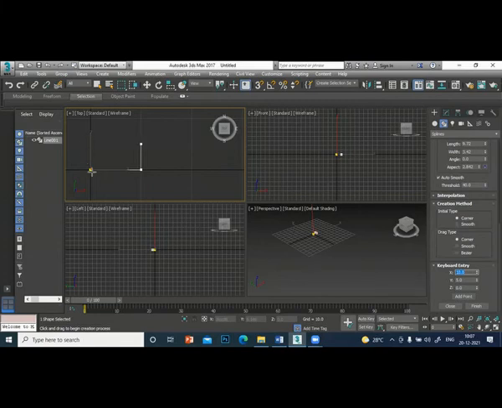Now this point should be X is 0, Y is 5. This point will be X is 0, and you will get only Y. And finally you want to come here, 0, 0, 0.